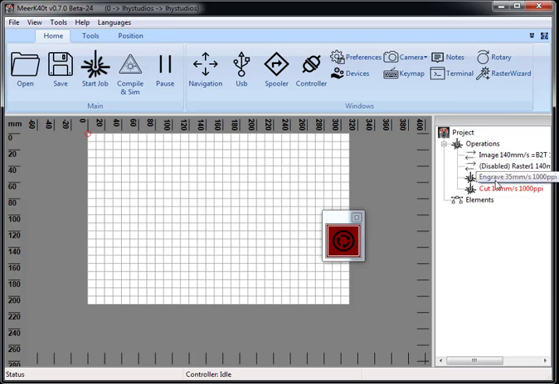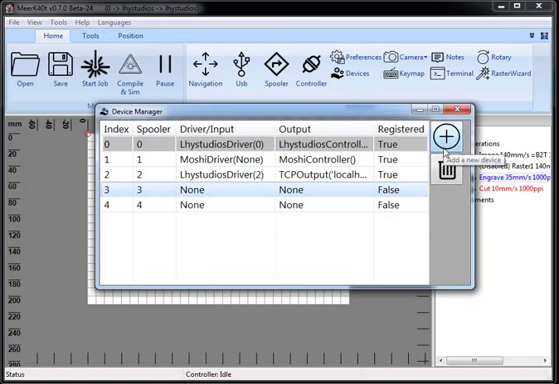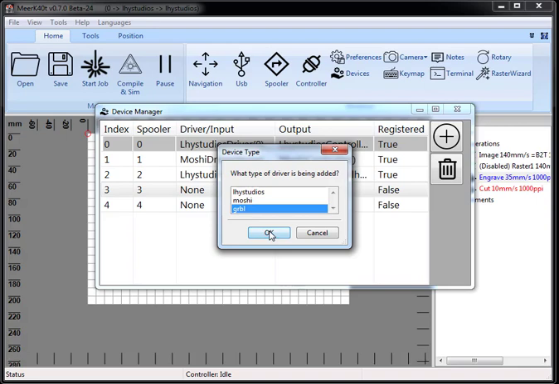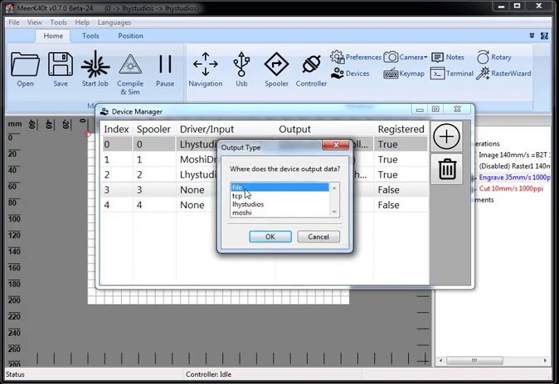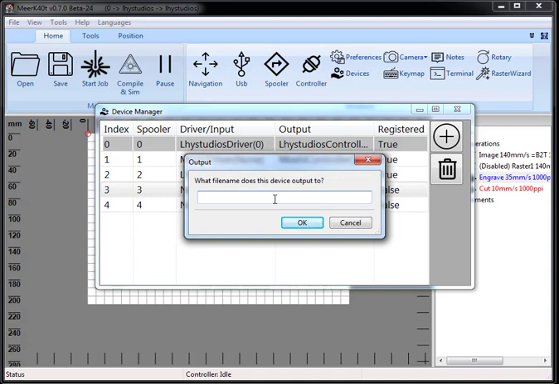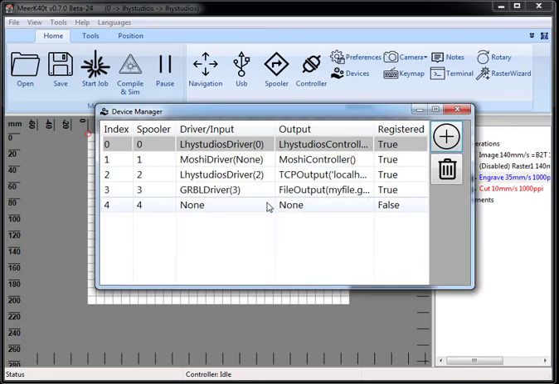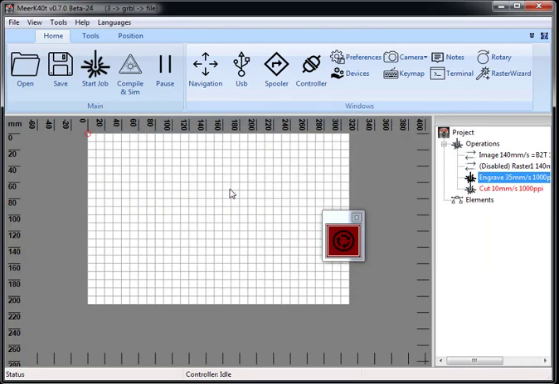Let's go ahead and okay. Covered that. There's also controller devices. Here we can also do, say, durable to file. Yeah. Okay. What file name does this output to? myfile.gcode. Okay. And so I now load up this the